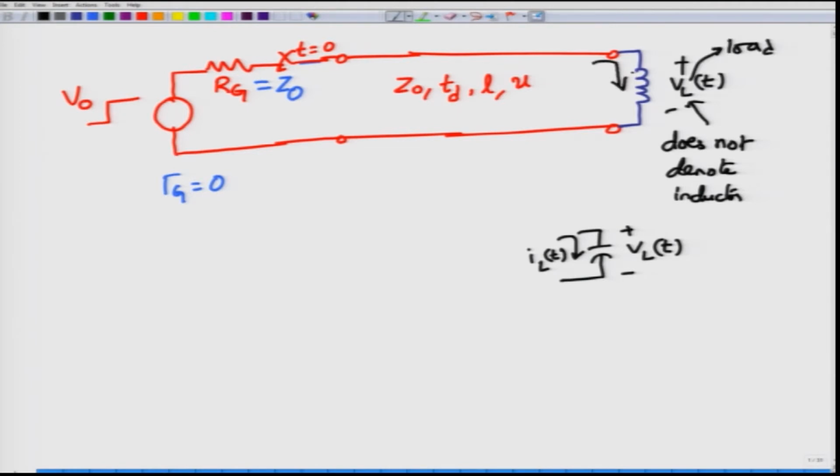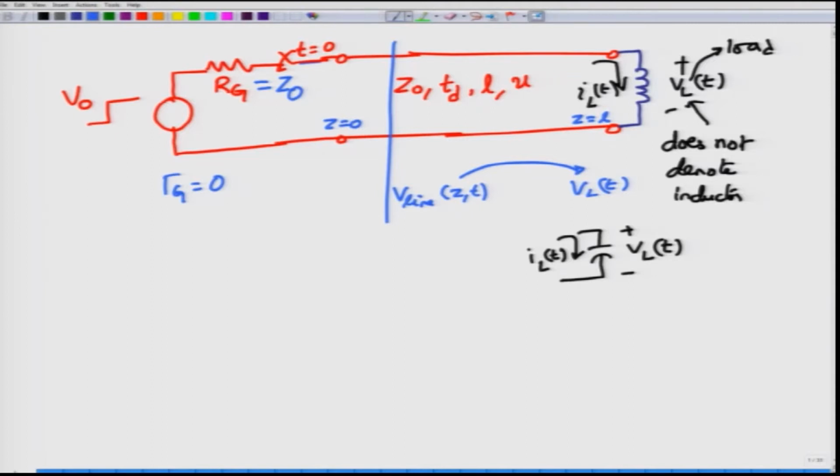As I said, there will be a current through the inductor which we will label as I_L of t. At any point on the transmission line circuit there will be some line voltage, and because of continuity this must be equal to the load voltage at the load side. We can choose z equal to 0 as the source and z equal to L as the load, or we can choose z equal to 0 as the load and then z equal to minus L as the generator.